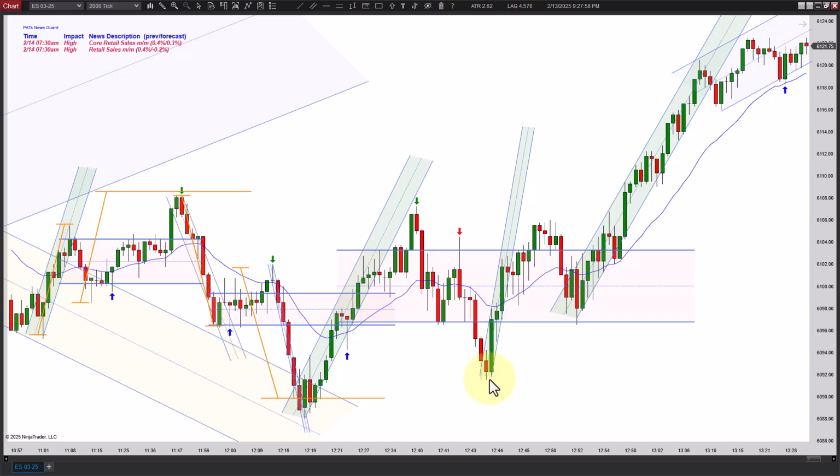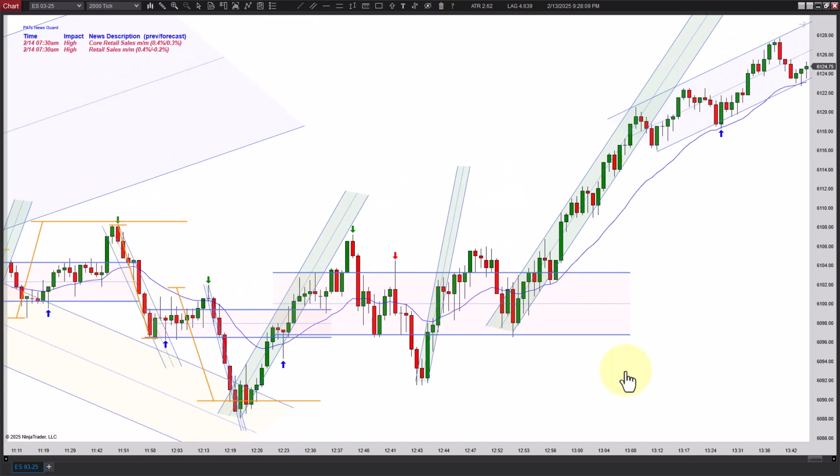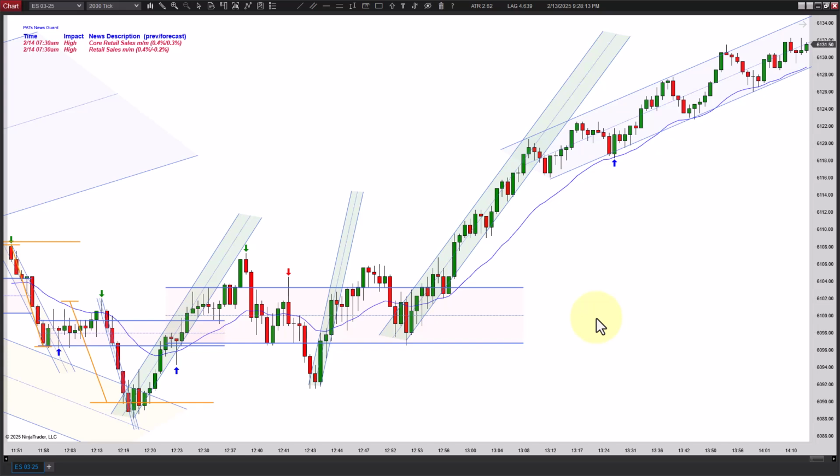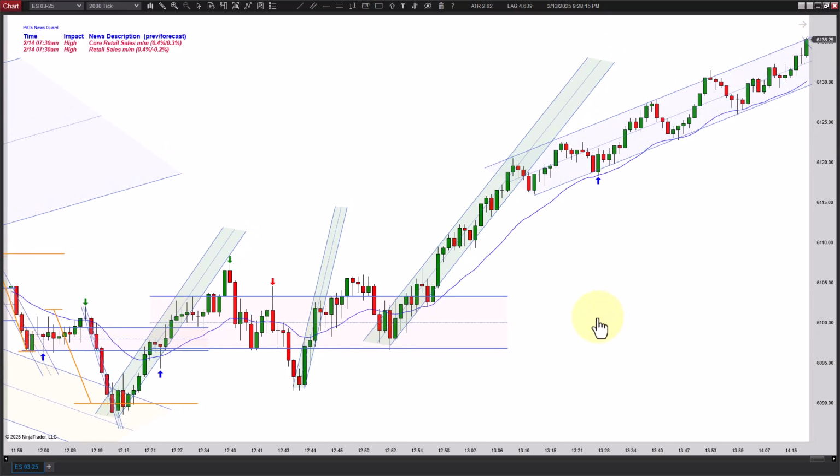And then you get a failed break lower, but no setup there. It breaks out the top again, no setup there. It comes back. It's back inside the range again, gets a breakout and takes off. But there's no setups in there. There's nothing I would want to trade. So you got to just kind of sit tight and wait.